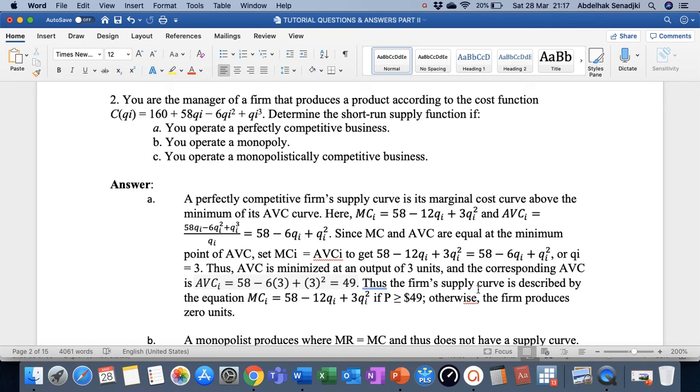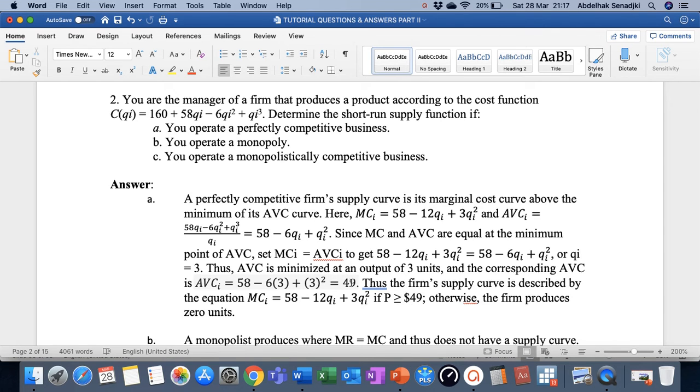Thus, the firm supply curve is described by the equation MC equal to 58 minus 12 Qi plus 3 Qi squared,